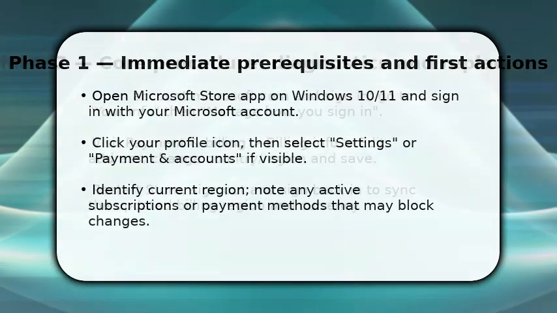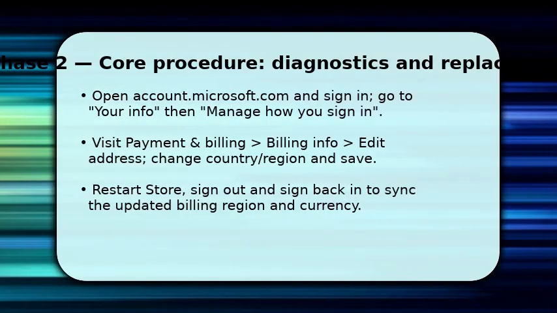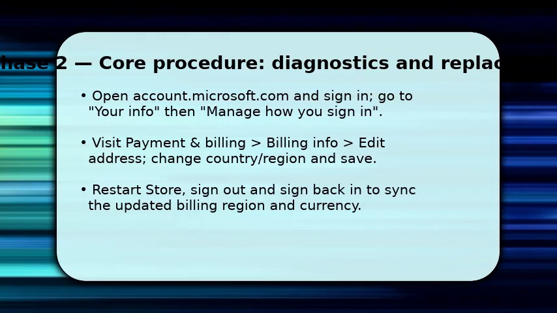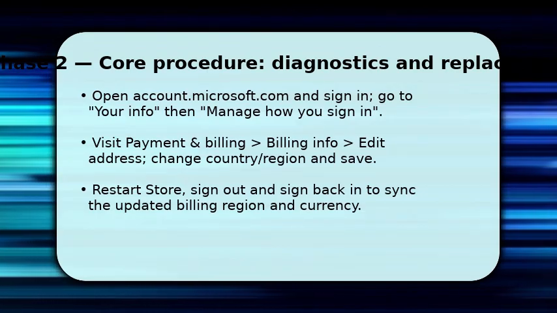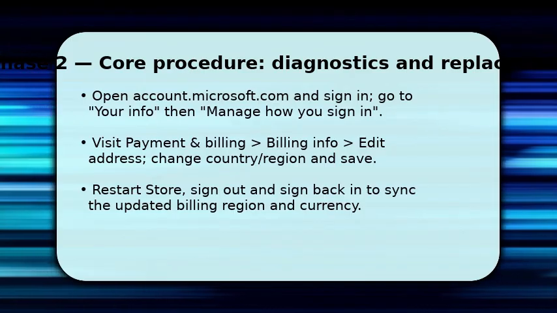You'll go to Account, Microsoft, sign in, and navigate to Payment and Billing info, edit your billing address and select the desired country. Make sure to save the change and update or remove any payment methods tied to the old country because they may not work after switching. Once saved, restart the Microsoft Store app and sign out, then sign back in, so finish by confirming the store